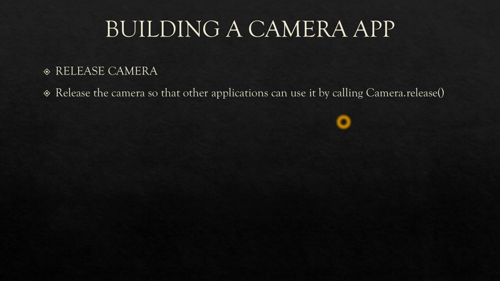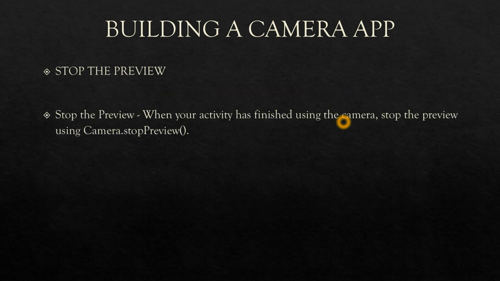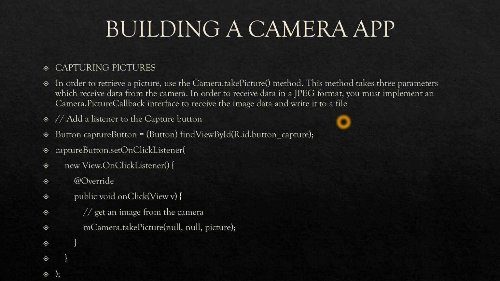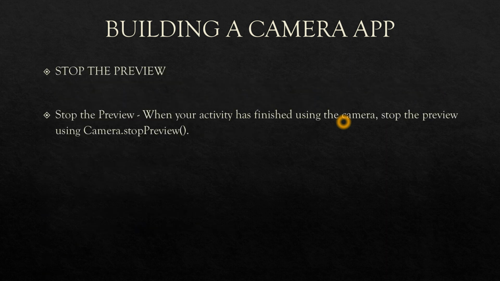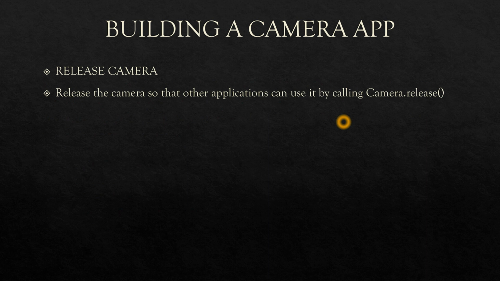Once the surface is created, we will decide how to display this. We can either use image view to display, or we can use frame layout or different layouts according to your convenience. After this is done, we will click an image using the take picture function, and after that we'll stop the preview and we will release the camera. So this is an alternative way of using the camera hardware directly from your Android application.